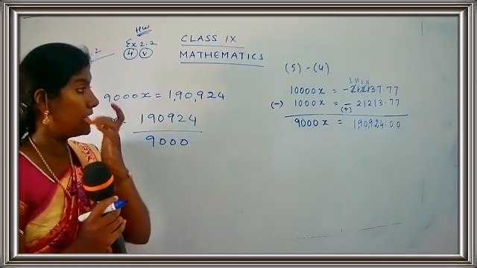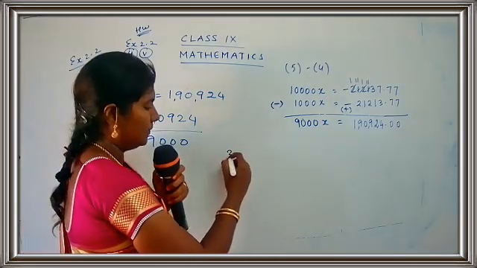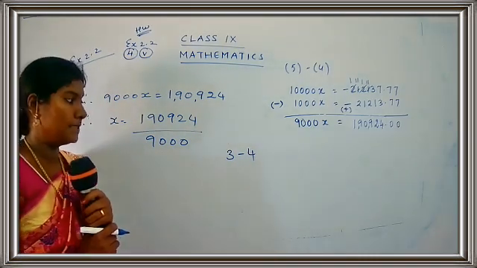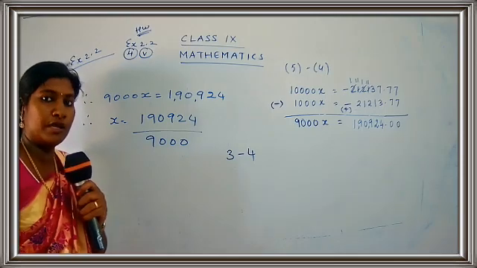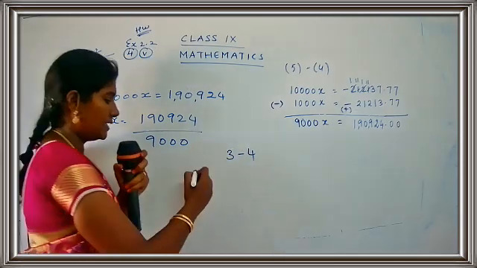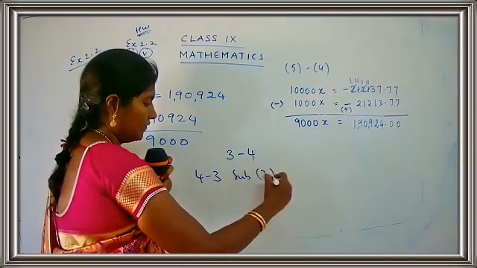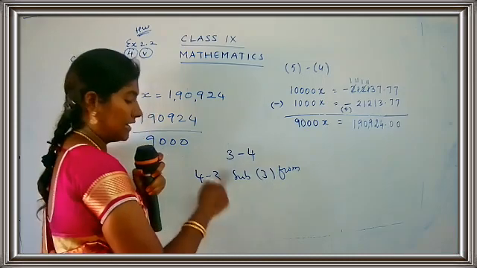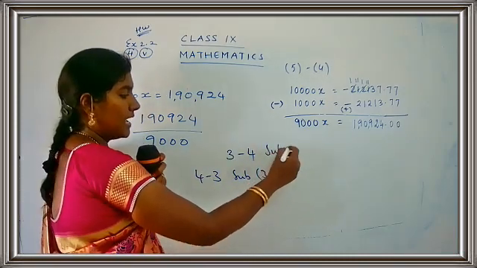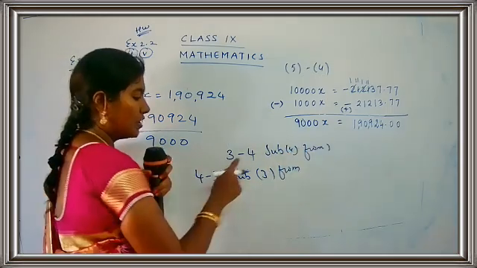Okay, I'll just tell you one more thing here. If you are doing a sum like 3 minus 4. Okay, children, what is the number you are going to do? You're going to subtract 3 from 4. Actually, 4 minus 3 means you are subtracting 3 from 4. The second number should be taken first. Subtract 4 from 3. So now it's 3 minus 4.